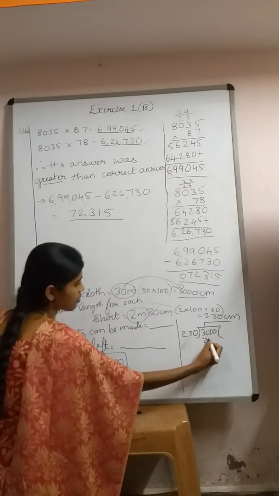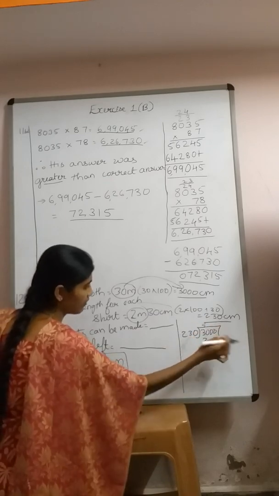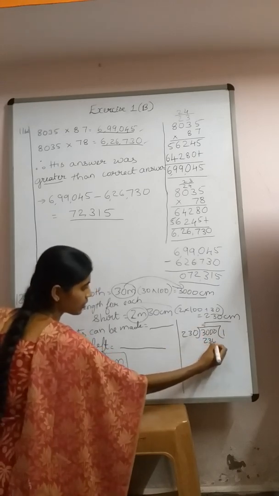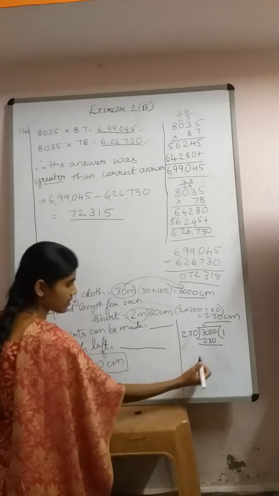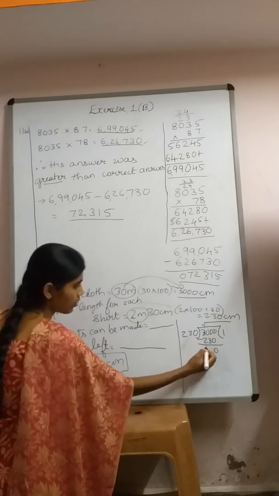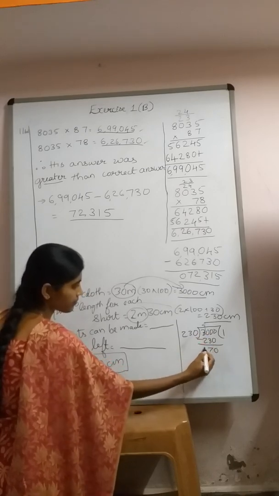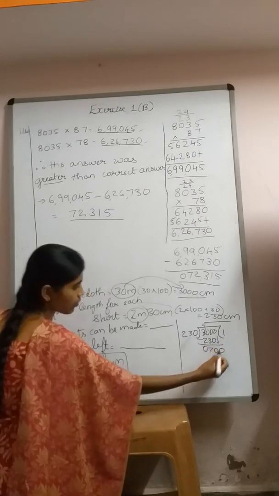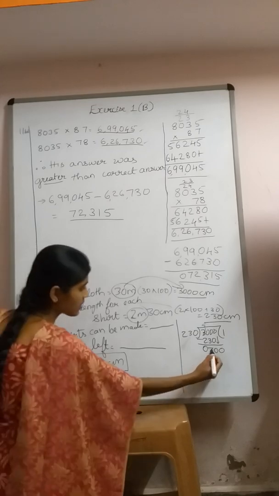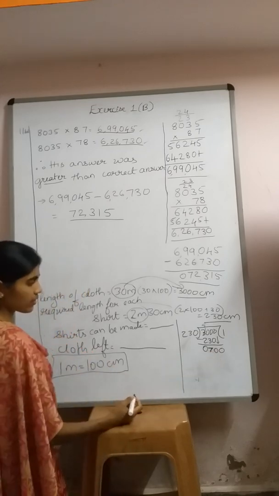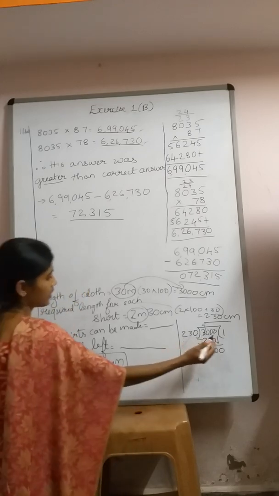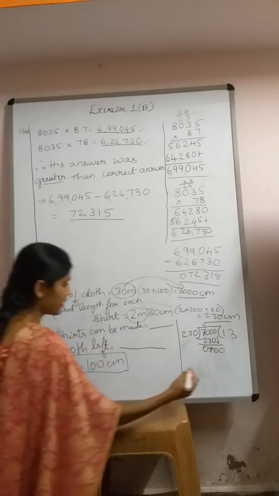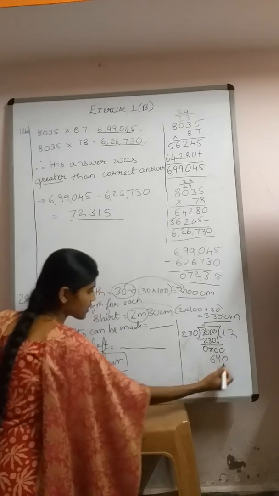230 ones is, okay, let us write here. Anywhere you can write here or here. I have less space, so I am writing here 230. So let us minus. So what remained here? Bring down 0. Now it is 700. Now in 230, let us see what is 3s are. 230 3s is 690.